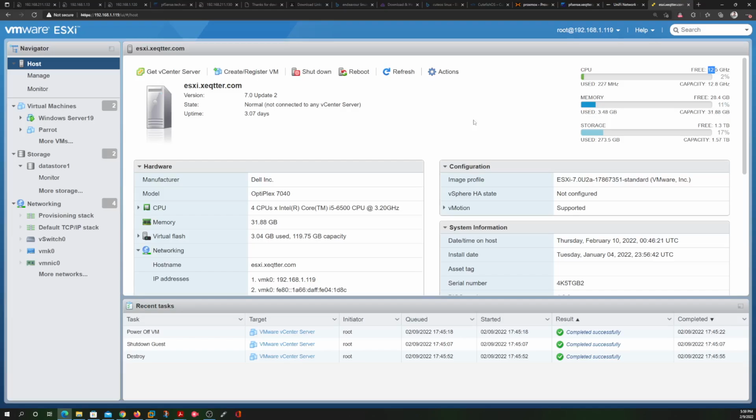So this part of the video assumes that you already know how to install VMware ESXi. This is the end result after you install VMware ESXi right here. This is how it looks. And as you can see, this button suggests that we get vCenter server to associate to this